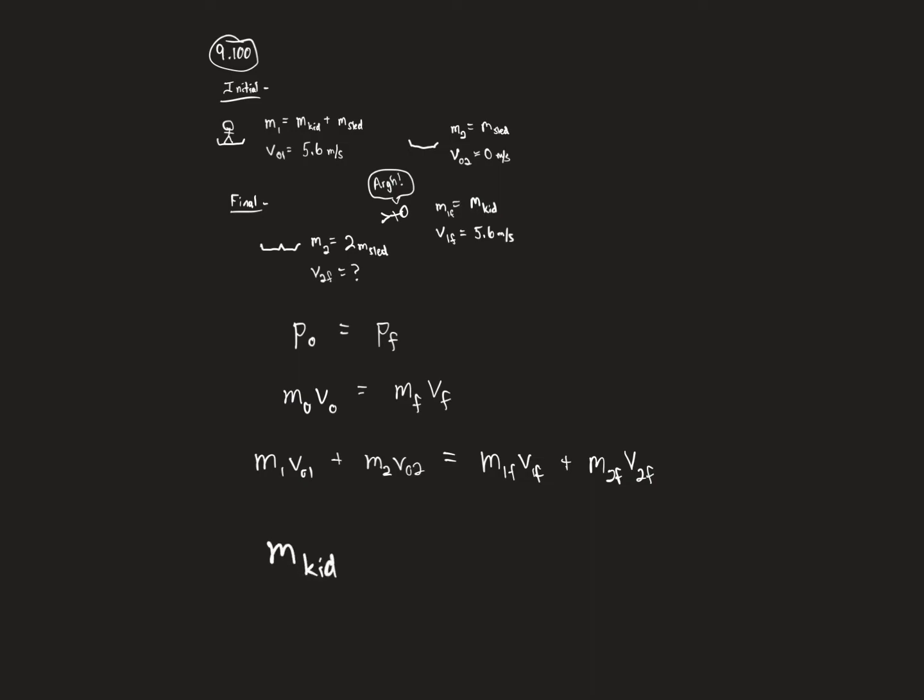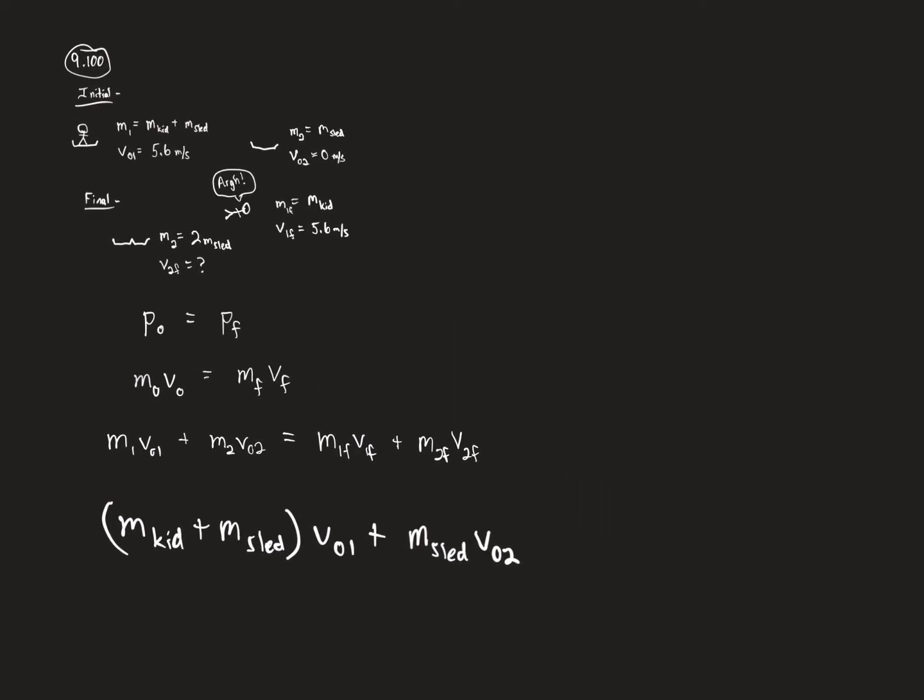Mass of the kid plus mass of the sled times V initial 1, 5.6. I'm going to leave it as V initial 1. I'm going to leave the variable in there. There is a reason I'm leaving that variable in there. Plus mass 2. What is mass 2 initially? That's mass of the sled times V initial 2. And that has to be equal to mass 1 final. What's mass 1 final? That's the mass of the kid